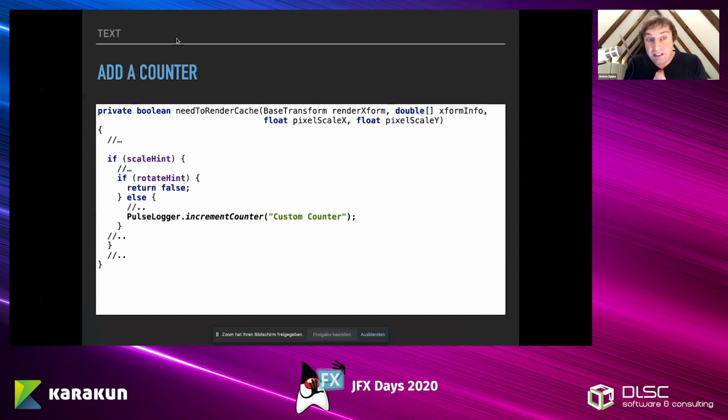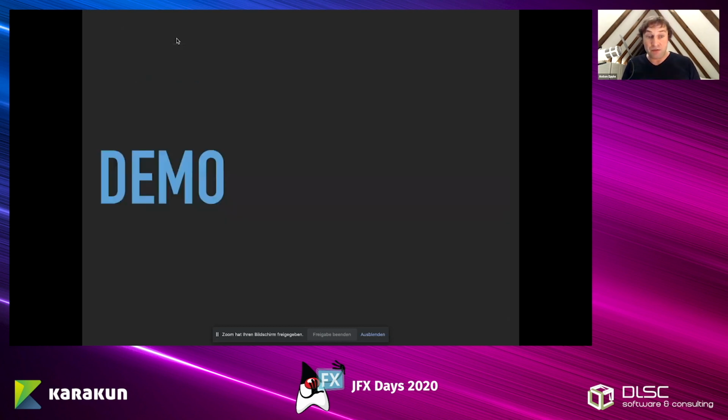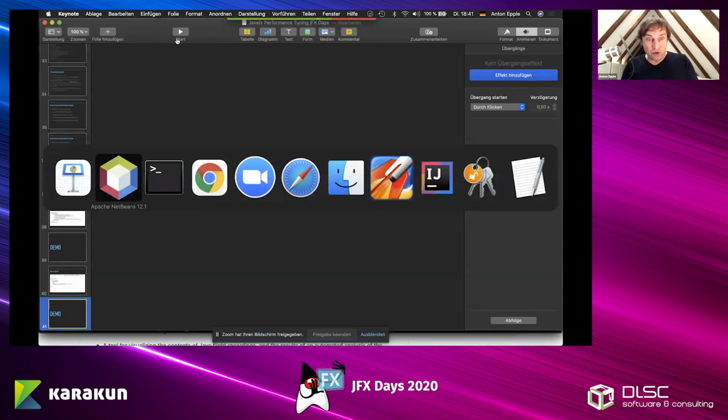And the next thing that I'm using it for is actually very useful. What you can do in Pulse Logger is, it has an internal API that you can use to create your own counter. You just say Pulse Logger increment counter and give it a name. And then this counter will show up in the list of counters at the end of the Pulse Logger output for a frame that exceeds the limit that you set. So that is quite useful, and I hope I can show it,